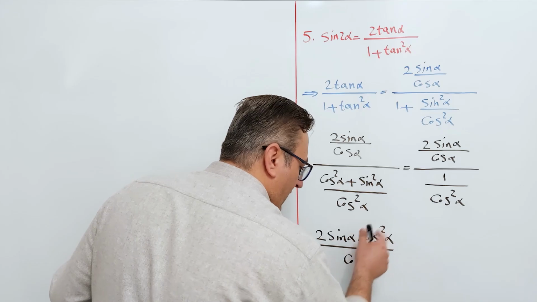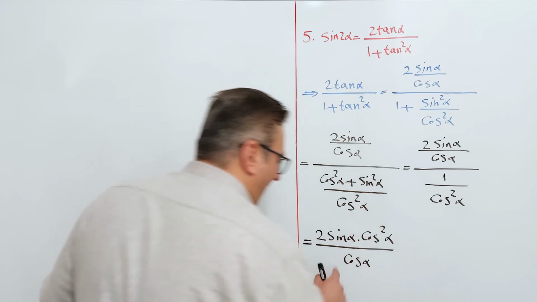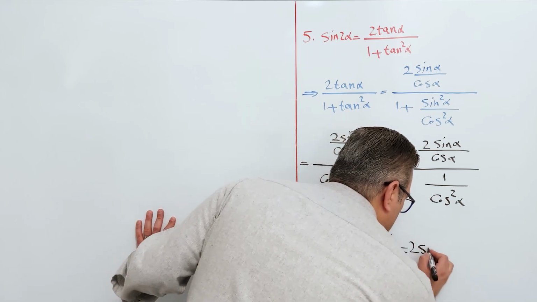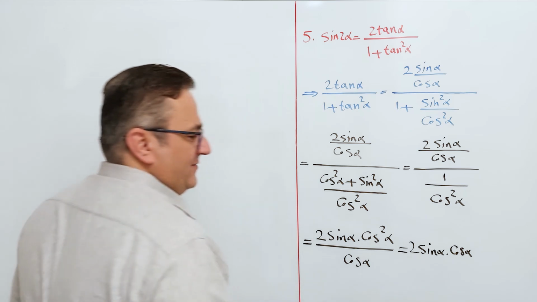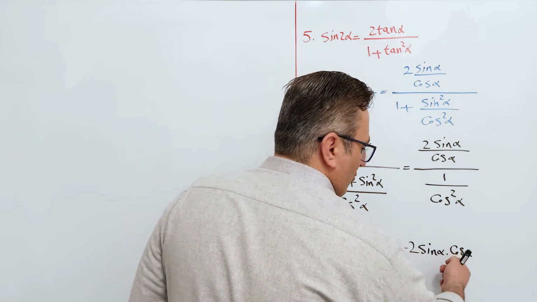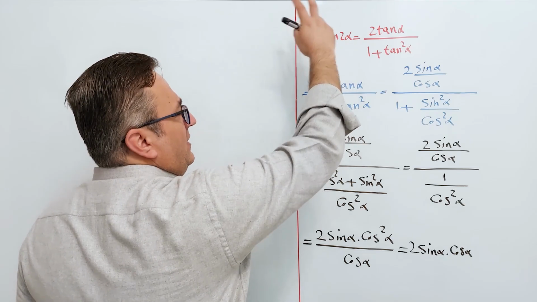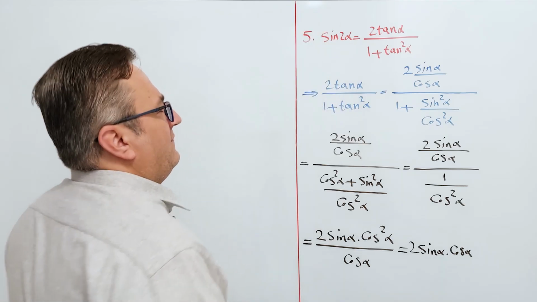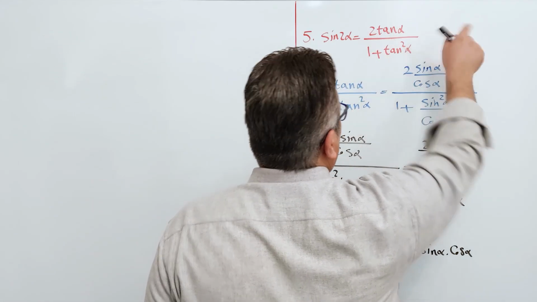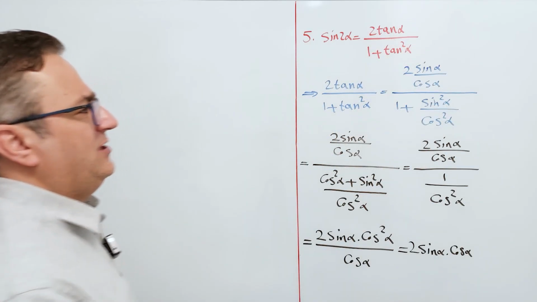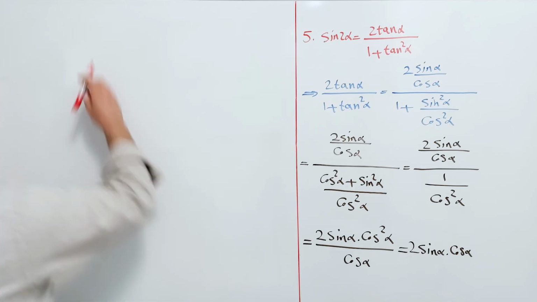So cosine alpha cancels out and we have 2 sine alpha times cosine alpha, and 2 sine alpha times cosine alpha is equal to sine 2 alpha, and we have sine 2 alpha is equal to 2 tangent alpha divided by 1 plus tangent squared alpha. And number 6,